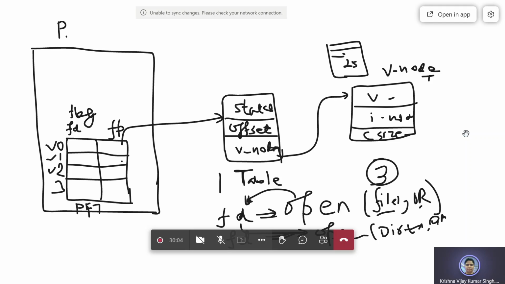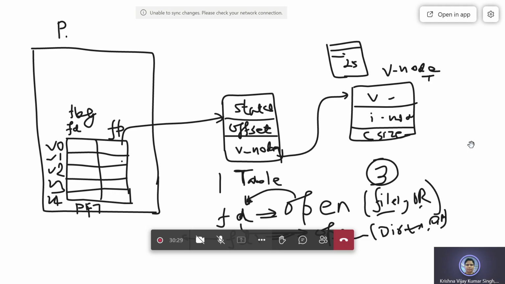Now again I am printing the value of FD1. So what will be the value in FD1? 4. Exactly 4.